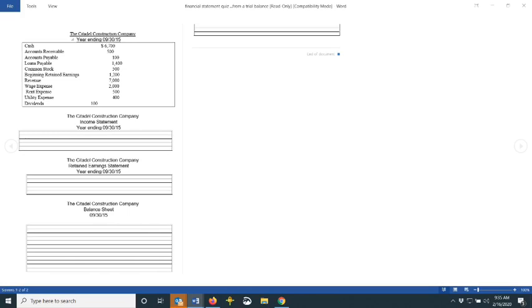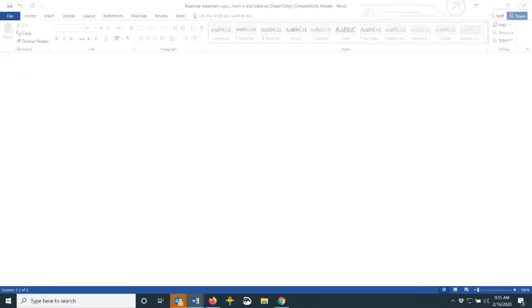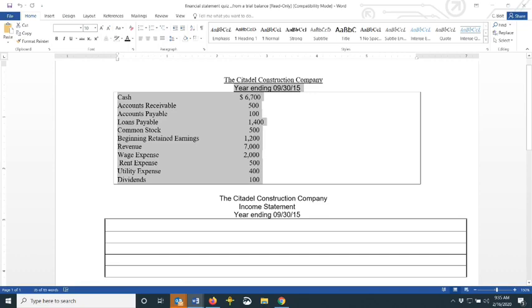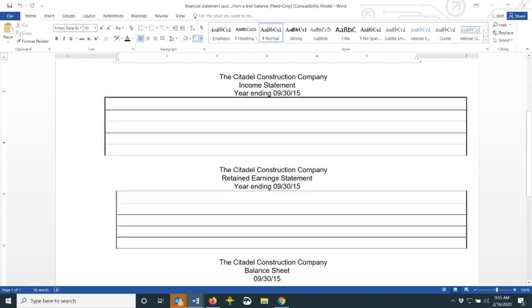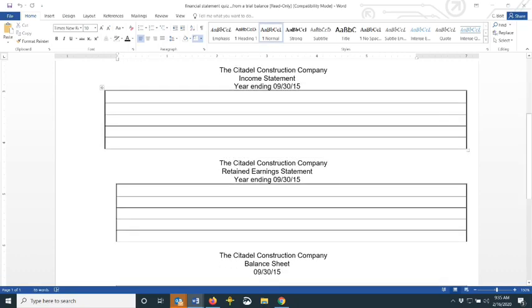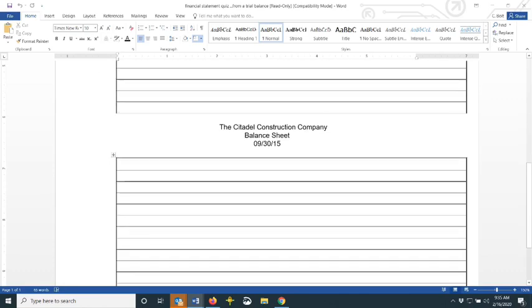in format and everything on the exam, and that is preparing a financial statement from the list of accounts that you see here. Let me pull it up in a good view. You have a list of accounts here for a construction company, and the request is to first prepare the income statement, and you should know the formula, revenue minus expenses,